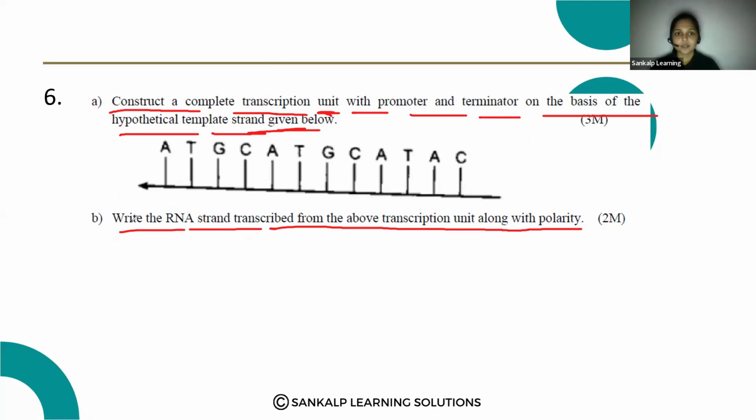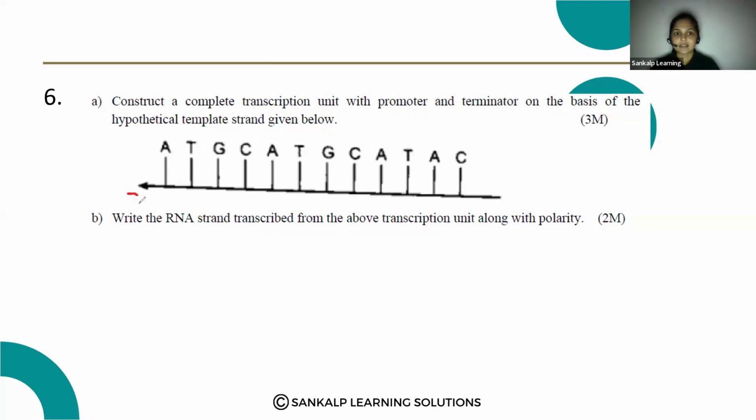Look here. We will consider it as 3' to 5' direction, and we have to construct the transcription unit. So that should contain the 5' to 3' direction, which is again A T A G C